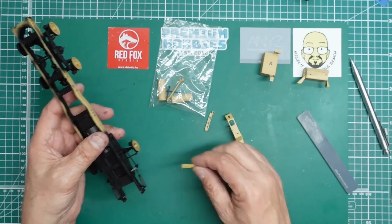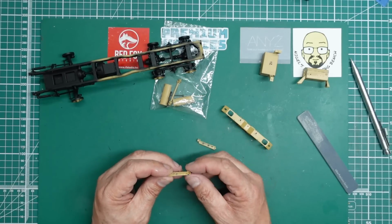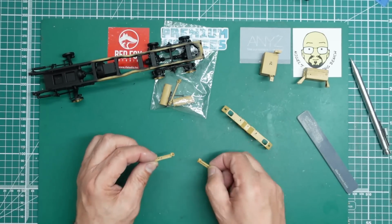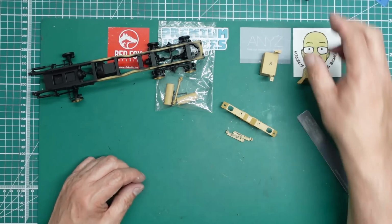But hey, we're model makers, we're getting rid of ejector pin marks. Underneath these things, it's a complete and utter mess. Sticking out ejector pin marks, horrible mess. So I cleaned all that up. I've also gone on and done the headlights. You can see here